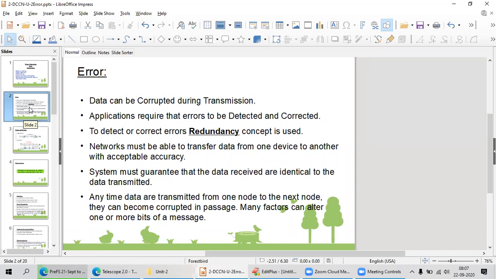This is one message, and another application is sending me a small video containing a DCN class, explaining error detection or error correction.